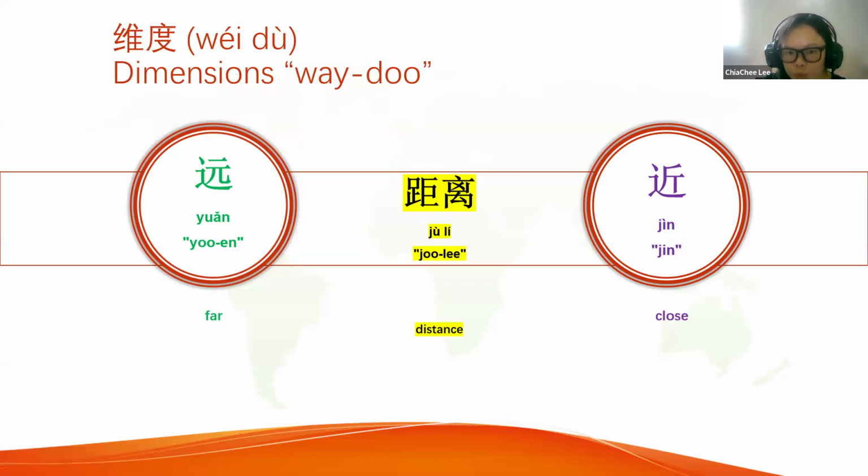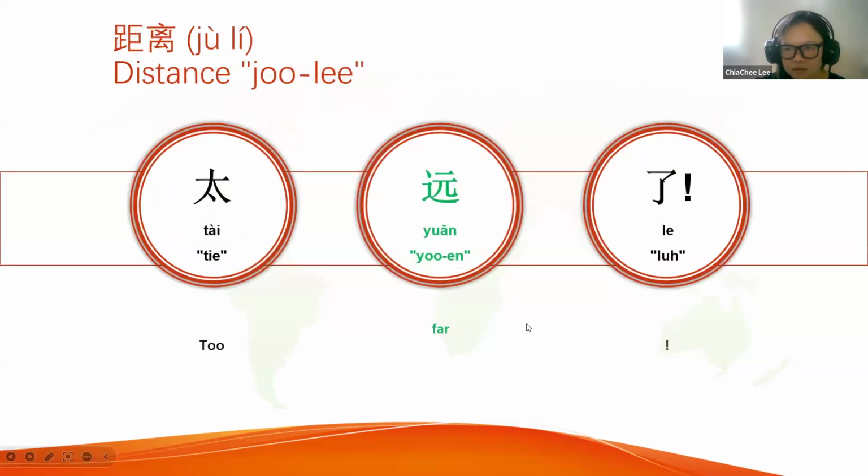How close, 多近. So for 距离, for example, you tell me that Kota Baru Station to Domun Station, right? So it would be like 太远了, all right? 太远了 is an exclamation sentence structure. We are using an exclamation mark. 太 itself means too, followed by the adjective 远. 了 itself is the exclamation particle. It doesn't mean anything. It just makes our sentence nicer.